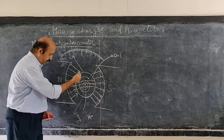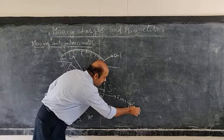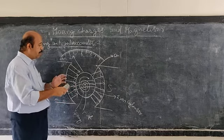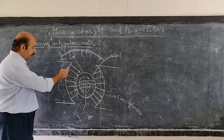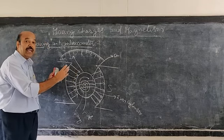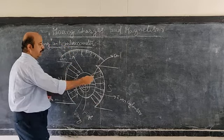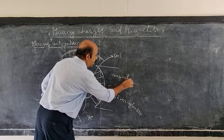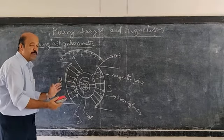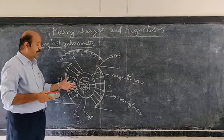Now, inside the frame over which the coil is wound, an iron cylinder is kept. So, that is the iron cylinder. This iron cylinder increases the strength of the magnetic field produced by the permanent magnetic poles. Here, this coil along with the iron cylinder is suspended in a uniform radial magnetic field. That magnetic field is produced by two concave magnetic poles. So, these are the magnetic poles. This is the north pole, that is the south pole. These concave shaped magnetic poles make the field radial, and this iron cylinder increases the strength of the magnetic